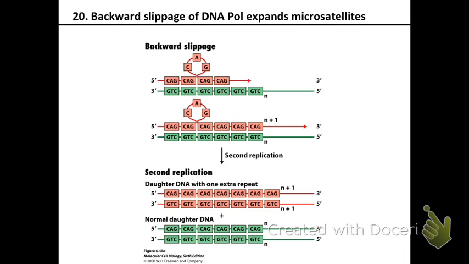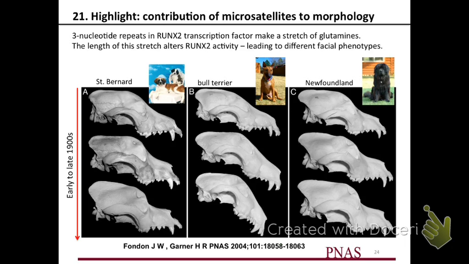Yeah? So the backward slippage happens within what? What exactly happens with the slippage? It goes backwards in one of the microsatellites, and then it thinks that it didn't count that, so it makes another one? Yeah, exactly. So it's going right forward, it slips back a little bit, and bulges what it had made, right? And then it doesn't realize that it had actually replicated that region and replicates it again. Does that make sense in your mind? Can you imagine that? All right. So that's how it does that.